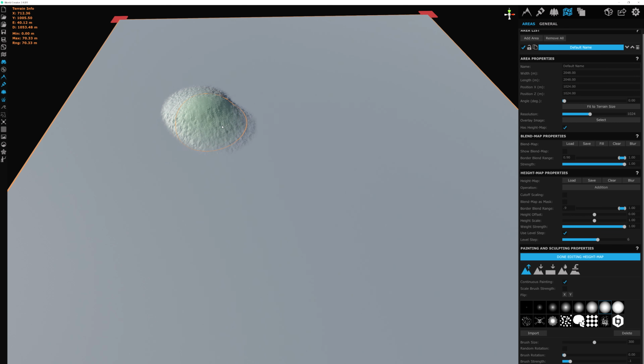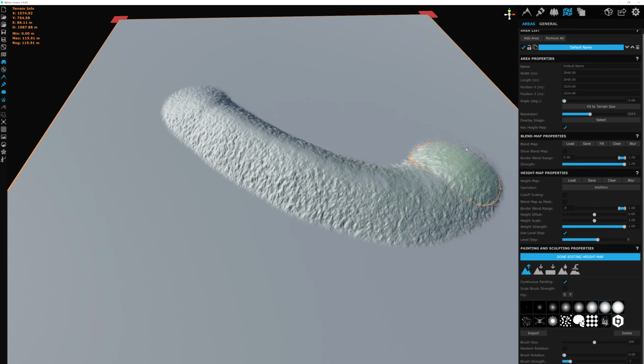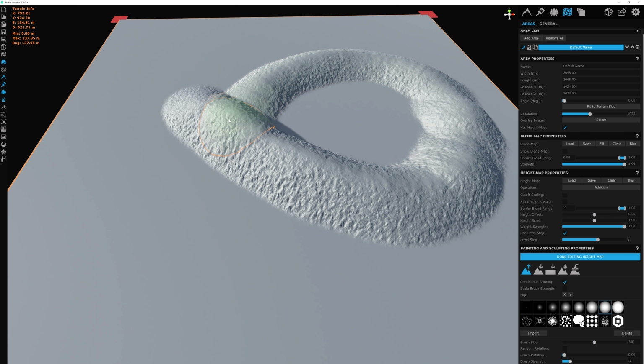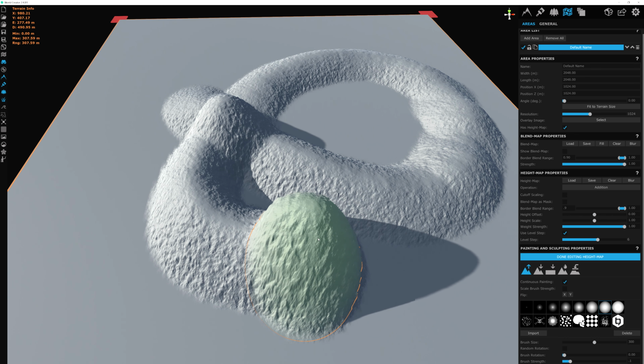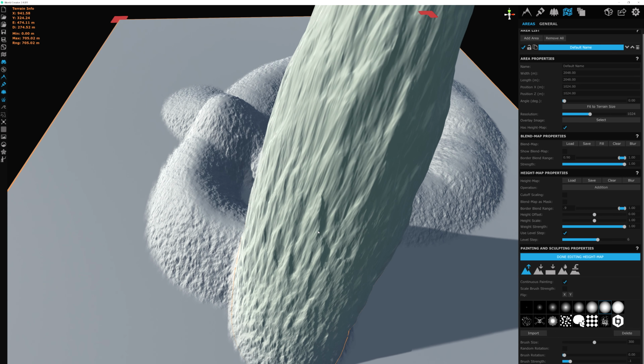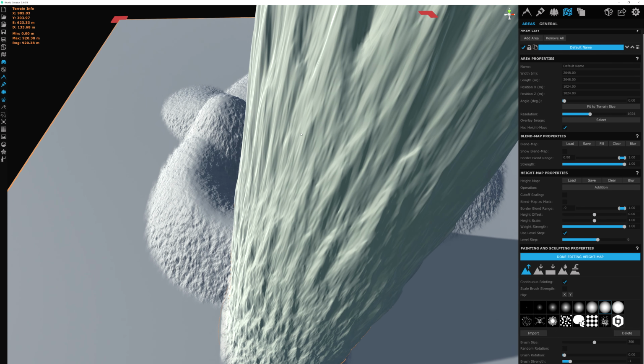If I were to click, hold, and drag, you can see that it is much easier to manage and it doesn't jump around as fast. But do keep in mind that if I were to stop at this point, I am still holding down the left mouse button. It's not adding any detail until I physically move the mouse. So if I keep hovering around and moving the mouse in this single location, it's going to constantly